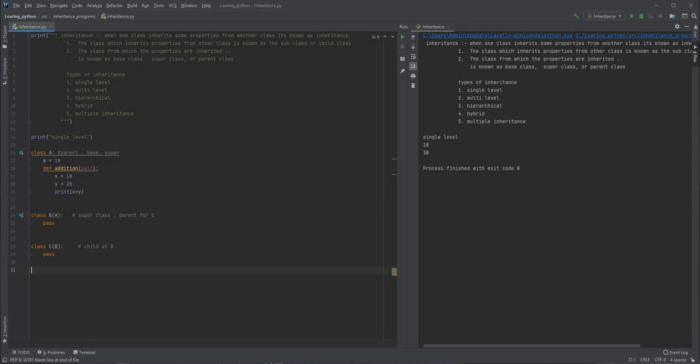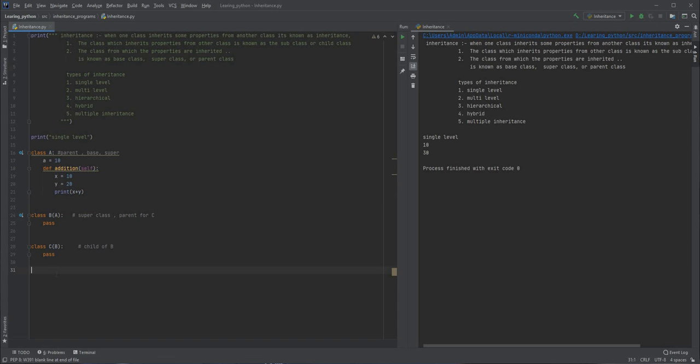The definition of multi-level inheritance says that when one child class inherits from its parent, and its parent inherits from its parent in turn, this is called multi-level inheritance.